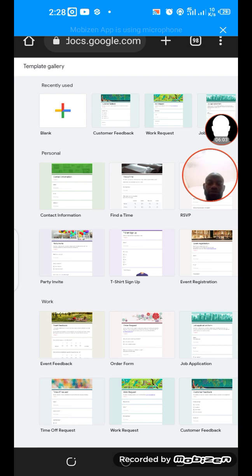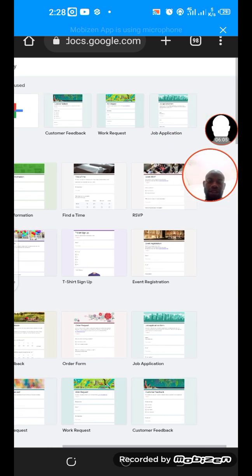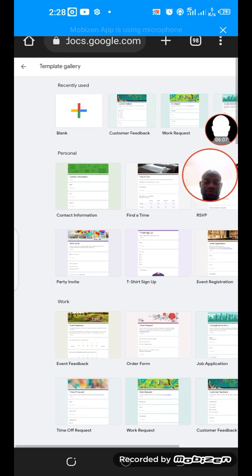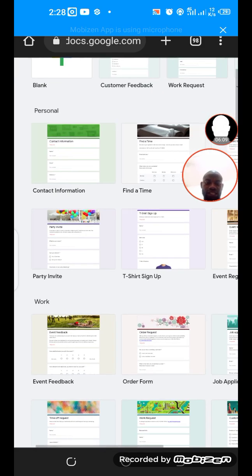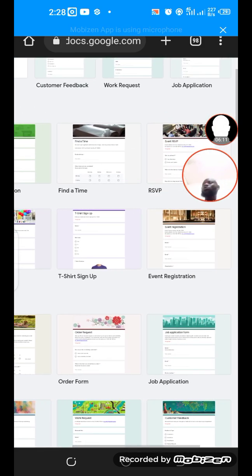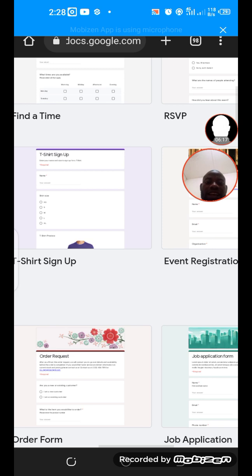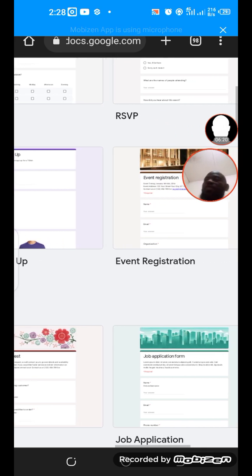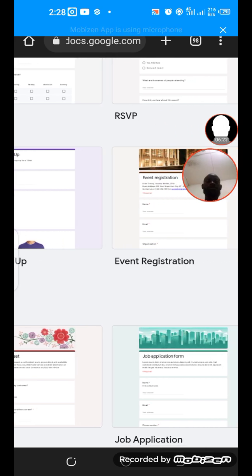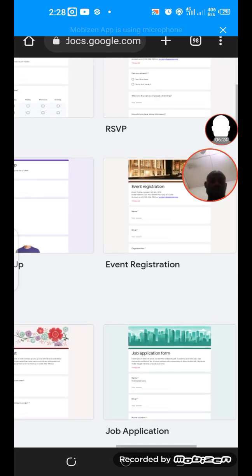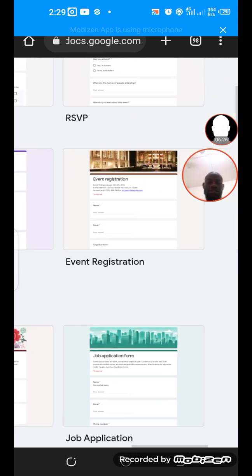Contact information, find a time, RSVP, party invite, t-shirt sign up. Maybe you are into branding, you want to brand a t-shirt and you want people to give you information about maybe the size, the neck size, the tie size, all those things, just like a tailor. So you want to create an event, you can see it, event registration,